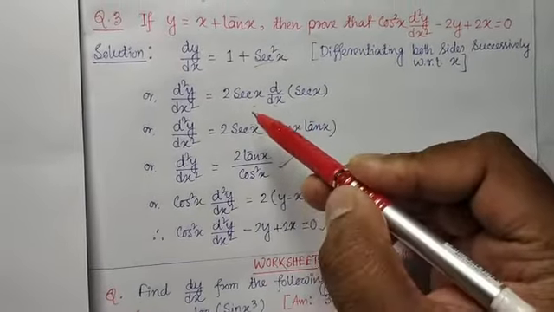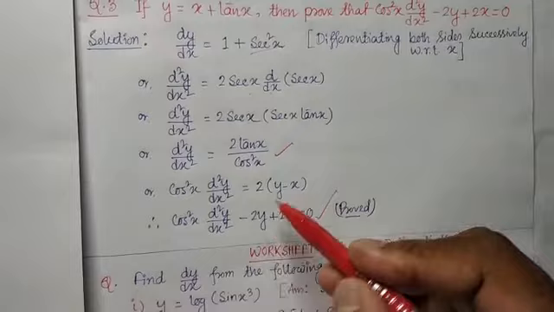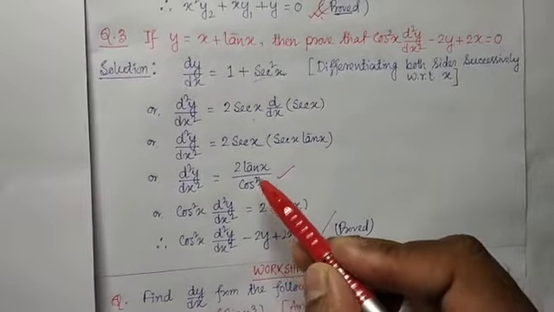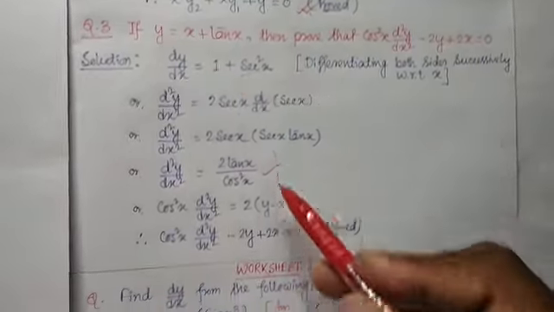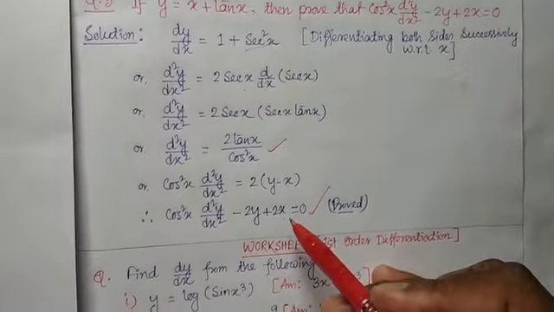Okay, now see that process. So ultimately after simplification the right hand side is 2 tan x. 2 tan x comes from here. tan x you can write as y minus x, so I have written that, and then after simplification the answer.